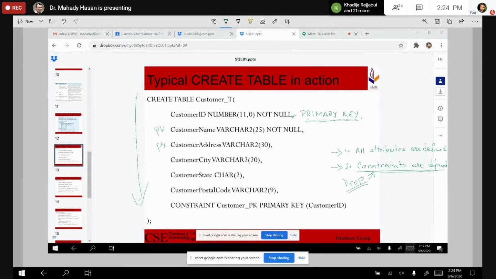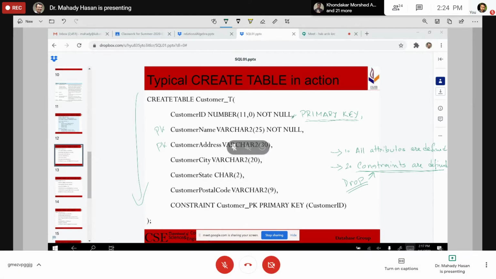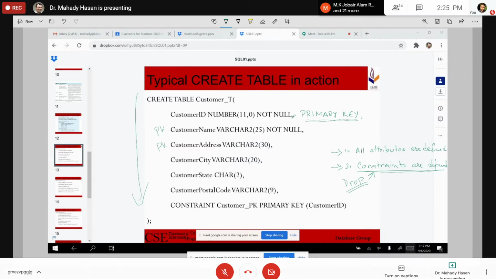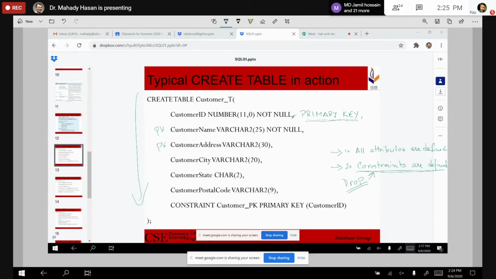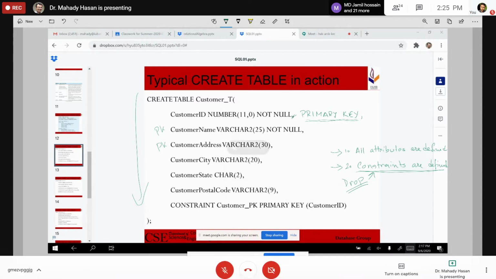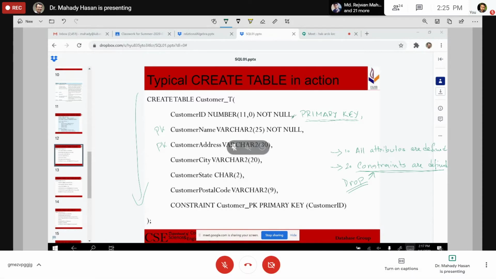Okay, you have enforced a primary key constraint on customer ID, but what is the name of that constraint? Is there any name if I write it this way? The answer is no, there is no name. Of course, a name is there, but I have to search for it, to find how the system has stored this constraint.